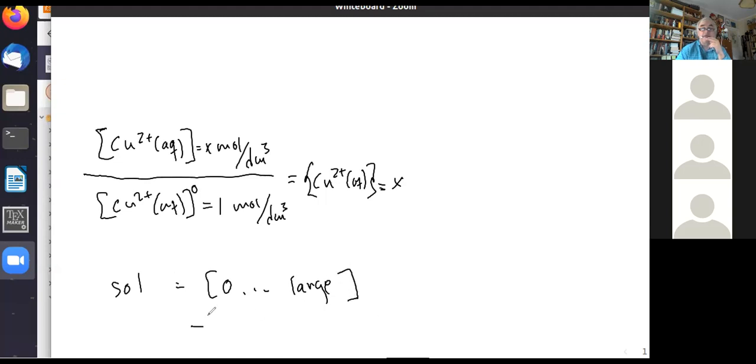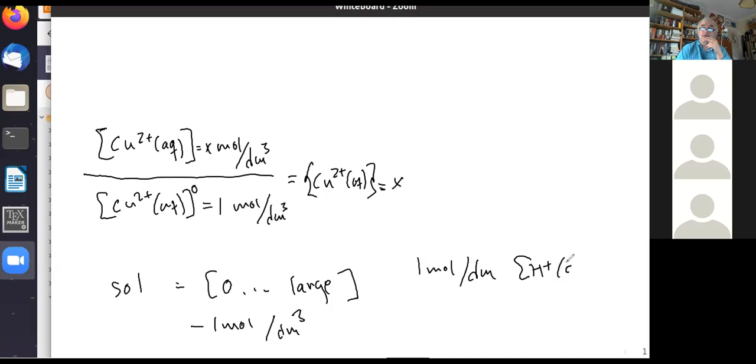Is it negative? Minus 1 moles per cubic decimeter? Is that a possibility? Very unlikely, but unless you have, sorry, say that you have 1 mole per cubic decimeter of